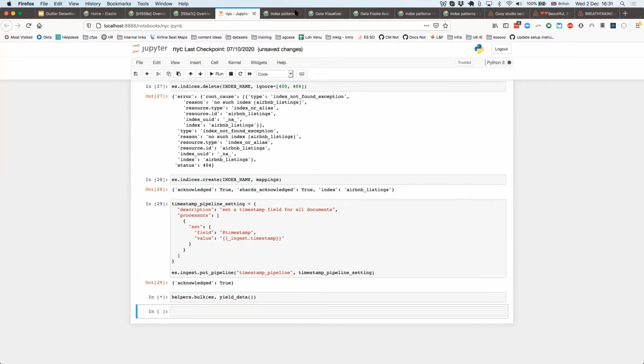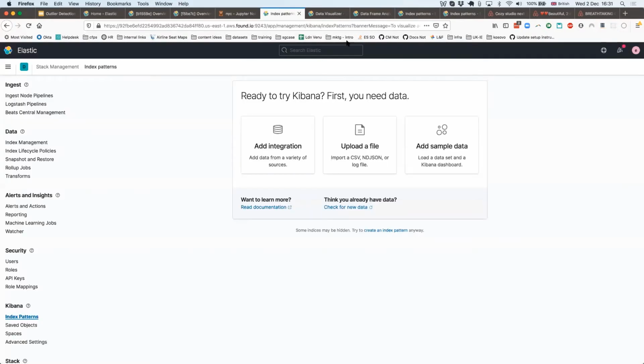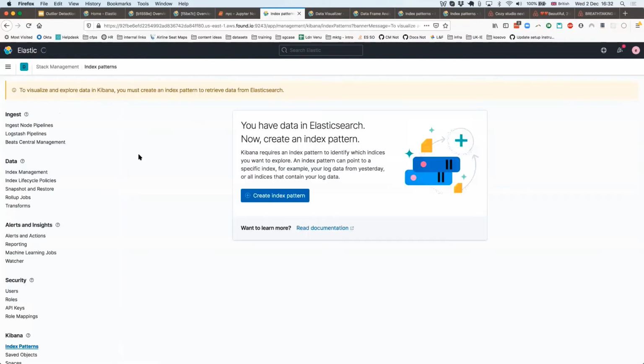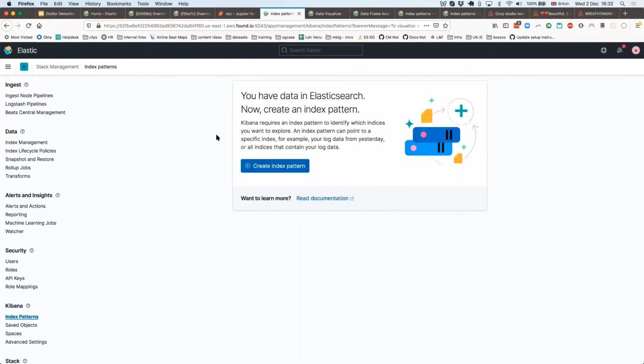All right, so. We do not have to wait for that. So, right, let's just go on to Discover in Kibana. Okay, all right, so that's the next step. Initially, you open it, it'll tell you, you have no data, there's nothing, you should put some data in. So now you put some data in, then if you click on the Discover link again, it'll tell you, you have data, you need an